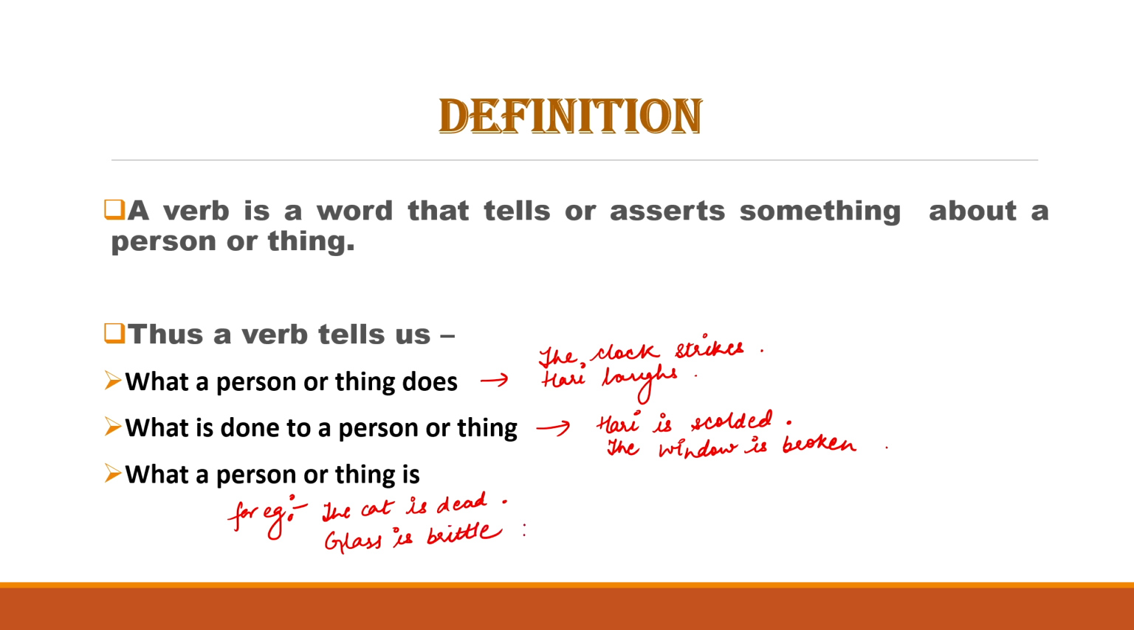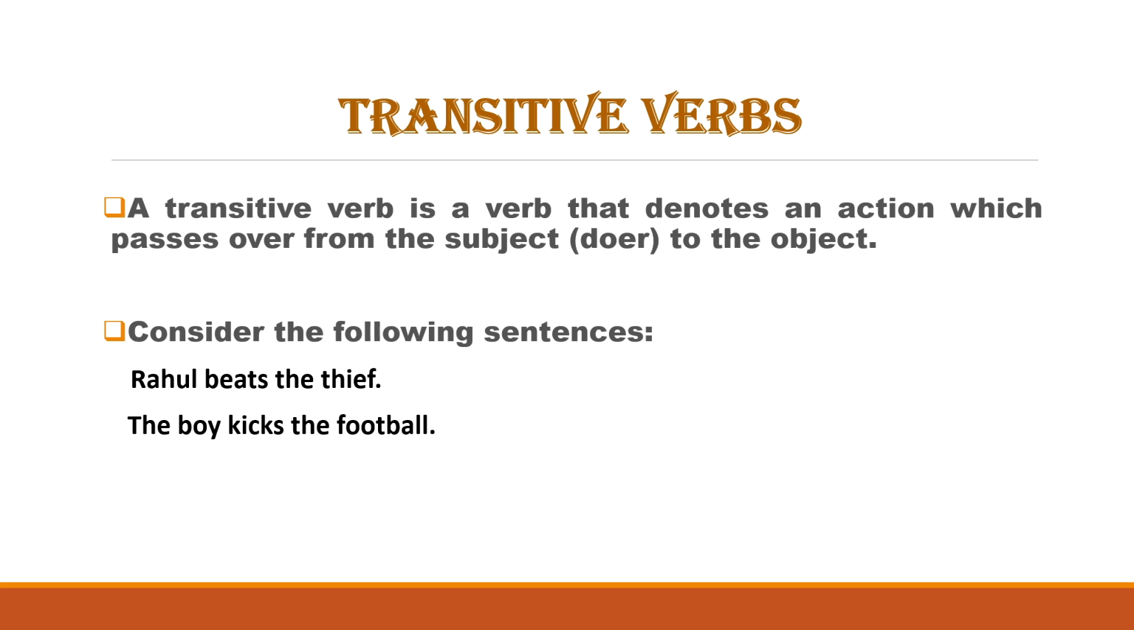Now, moving on, transitive verbs. A transitive verb is a verb that denotes an action which passes over from the subject, that is the doer, to the object. Consider the following sentences. Rahul beats the thief. So, in this sentence, the action denoted by the verb beats passes over from Rahul to thief. Again, in the next sentence, the boy kicks the football. So, the action denoted by the verb kicks passes over from the doer or subject, that is boy, to object,